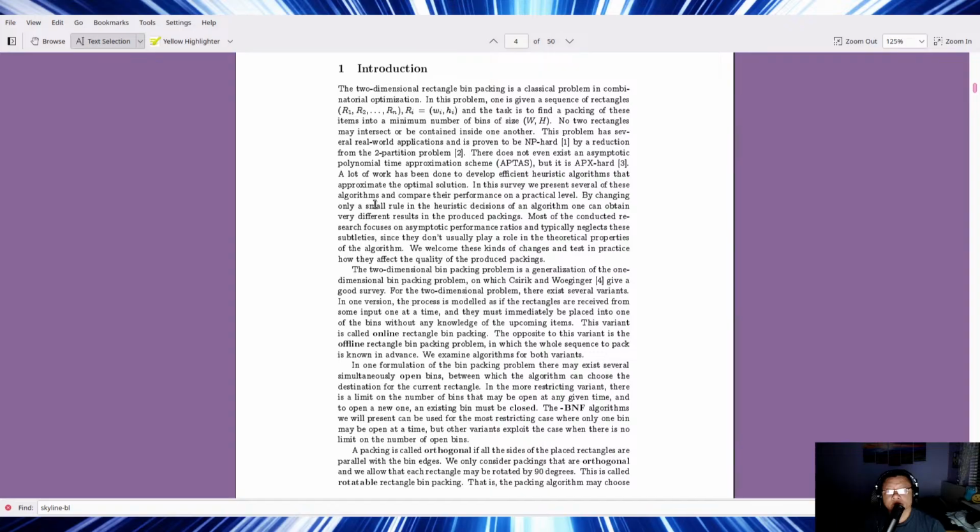By changing only a small rule in the heuristic decisions of an algorithm, one can obtain very different results in the produced packings. Most of the conducted research focuses on asymptotic performance ratios and typically neglects these subtleties since they don't usually play a role in the theoretical properties of the algorithm. We welcome these kinds of changes and test in practice how they affect the quality of the produced packings. The two-dimensional bin packing problem is a generalization of the one-dimensional bin packing problem, on which Csirik and Woeginger [4]